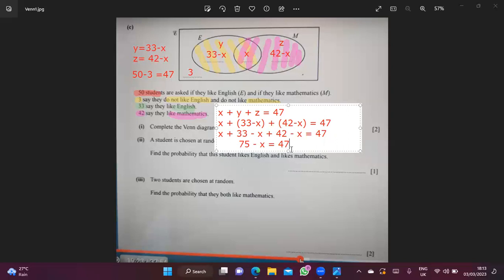So the best way is just bring 47 to this side and x to the other side. Okay, that will be 75 minus 47 equals x. Okay, therefore x equals